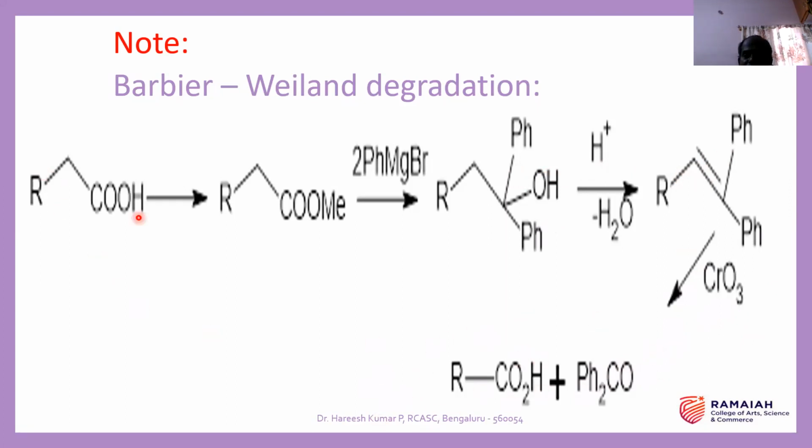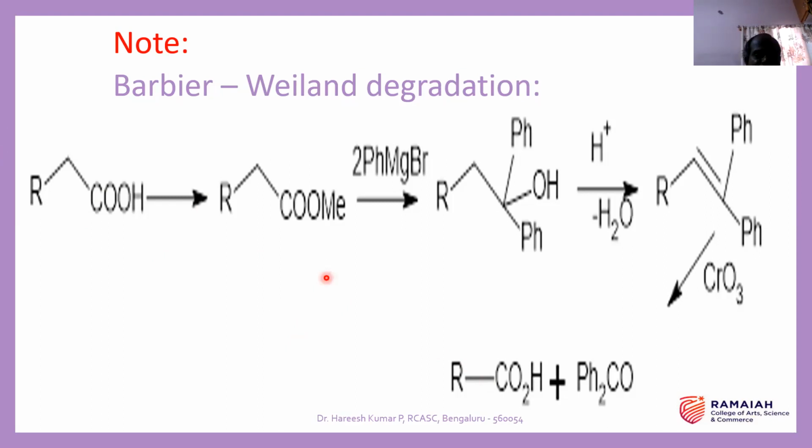So you can observe these two compounds. Here two carbon atoms are there. Here only one carboxylic acid is there. So what it means is that this carbon gets converted into carboxylic acid and this will go out. That's what you need to take from here. So this is about the Barbier-Wieland degradation.